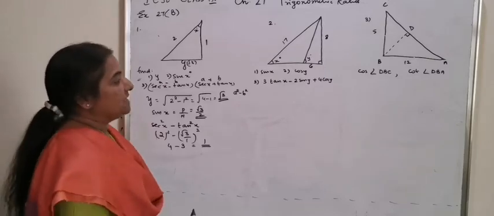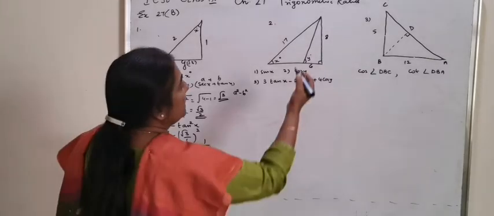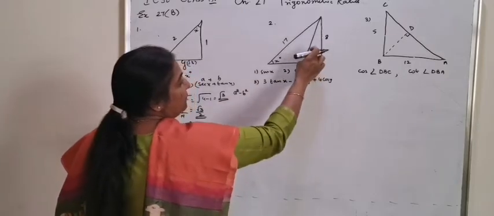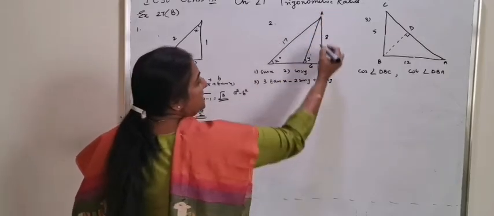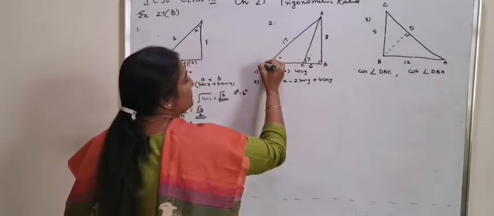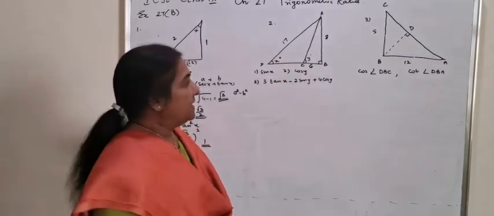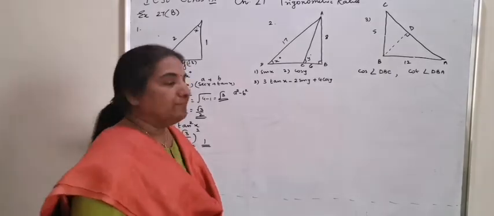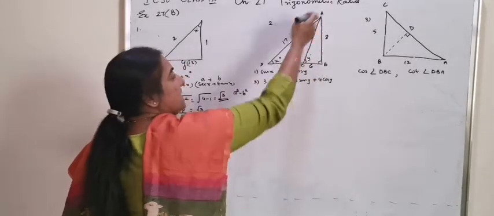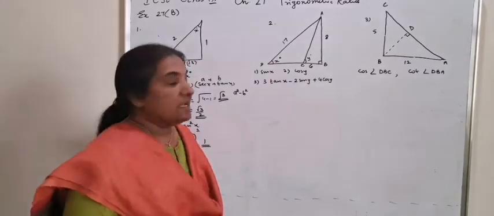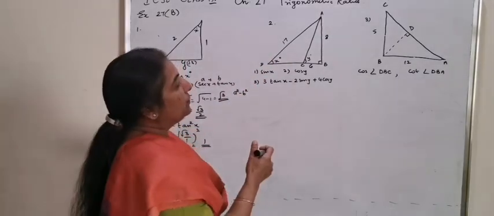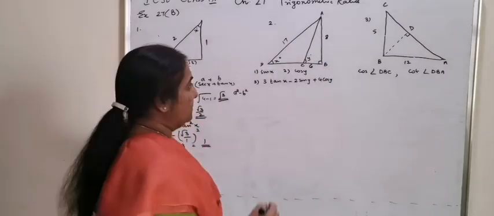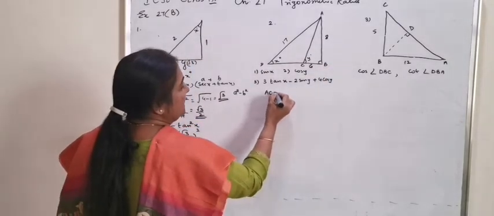Let's pass on to question number 2. You can see a right triangle from the first right triangle. In case needed, you can give letters also so that it is easy to identify. You can see here two right triangles, ABC and ABD. That means AC and AD are the hypotenuse, in which AD is already known to you. AC has to be found out, BD has to be found out. So let's find out what AC is first.